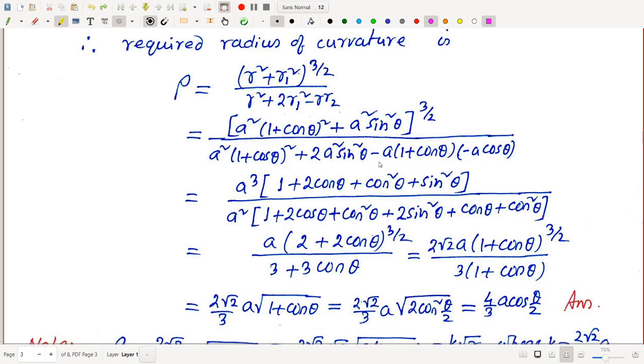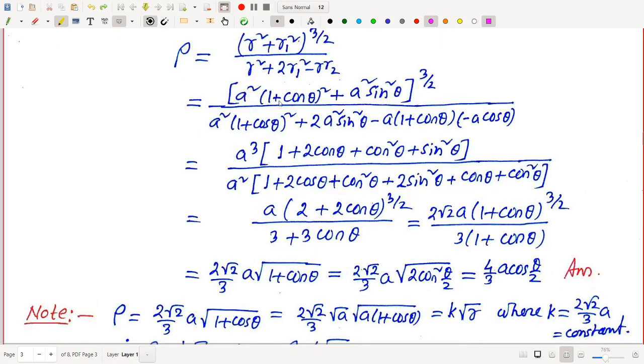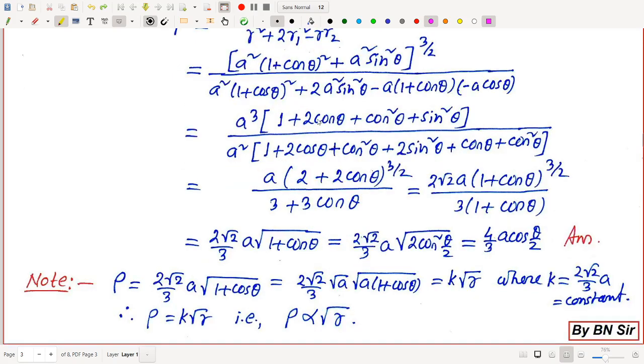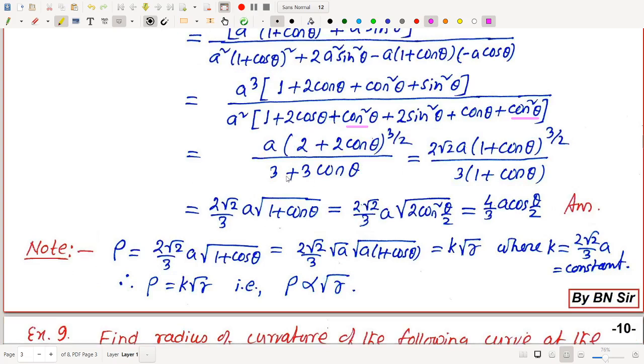will make it plus. Okay, so in the numerator, a square common means a cube common, because there is a 3 by 2 power, and then expanding 1 plus cos theta whole square, we get 1, and cos square plus sin square means again 1, so it is 2 plus 2 cos theta to the power 3 by 2, and this a cube. In the denominator a square common, so a square and a cube simplified we get a. Here 1 plus cos theta whole square expanded, then 2 sin square theta, and here minus minus plus means cos theta plus cos square theta, so 2 sin square theta, there are 2 cos square theta also, so 2 cos square theta means 2, and there is 1, so 3, and 2 cos theta and cos theta gives us 3 cos theta, so finally we get 3 plus 3 cos theta,